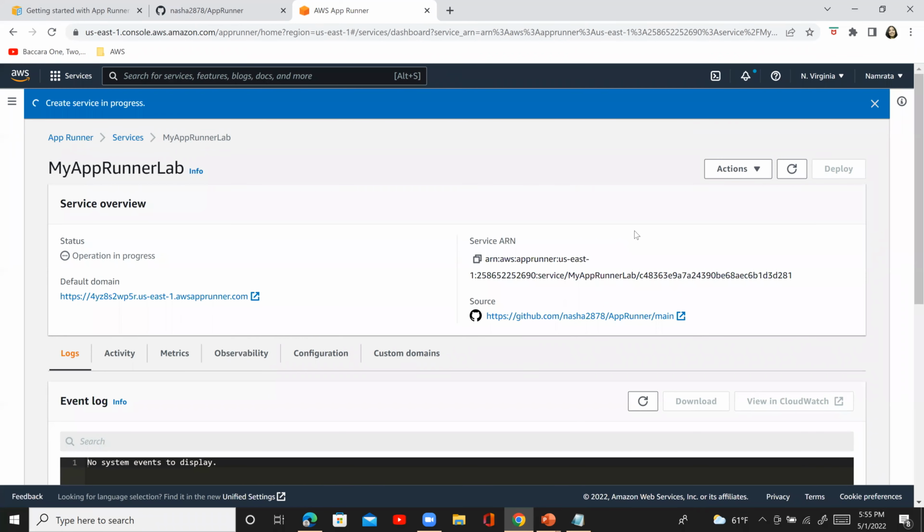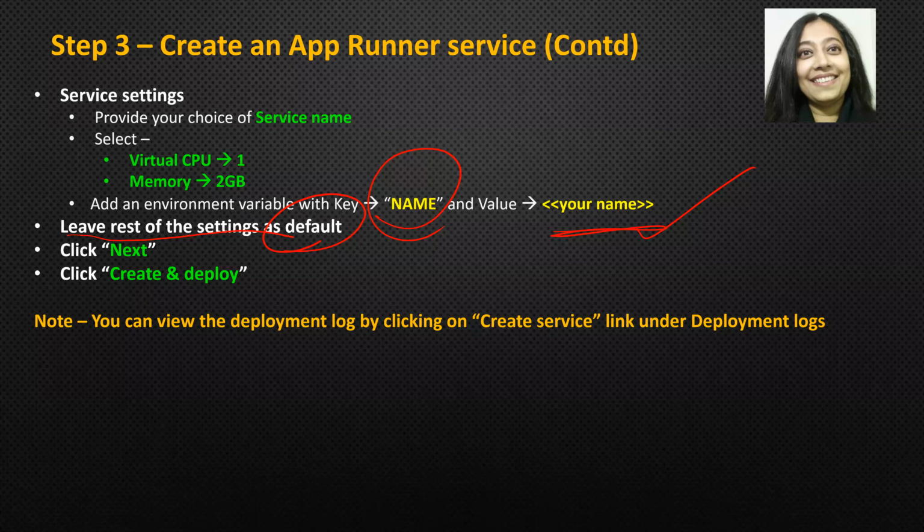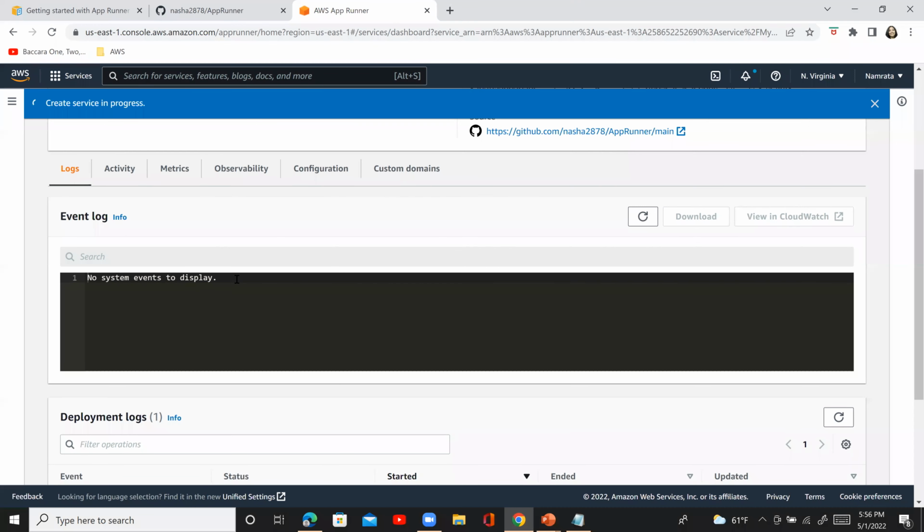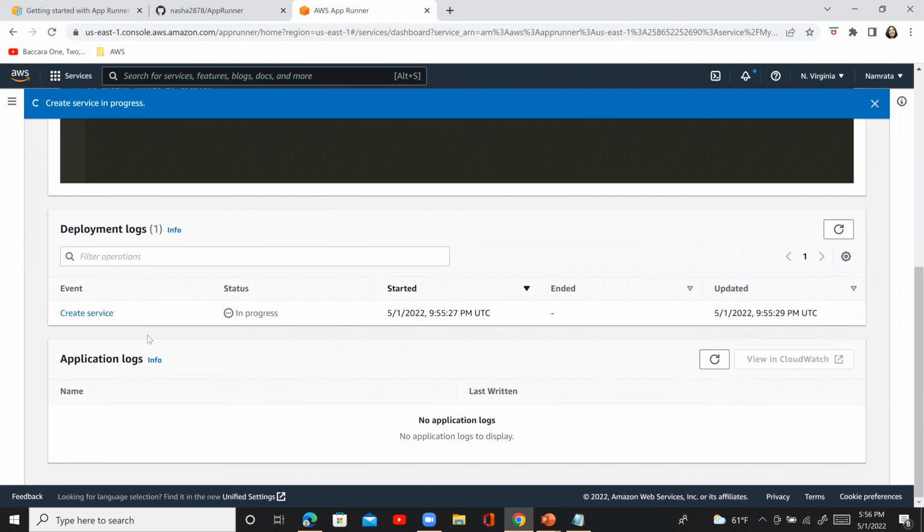Now, after you click on create and deploy, be patient. It takes some time for the service to get deployed. So we have basically completed these steps. Now, this note down over here is something, if you would like to explore further, you can do that. If you would like to review or view the deployment log, you can click on this create service link under deployment logs. So if I go here, you can see the status is in progress. And this is this create service link. So if you click on this link,